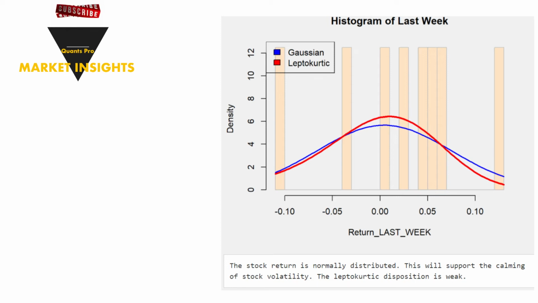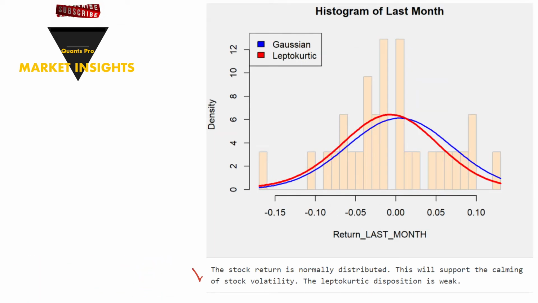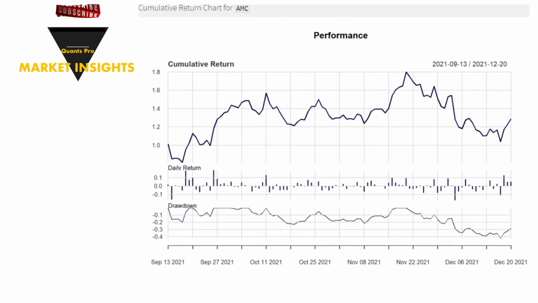If we examine the probability distribution of the return, the stock has performed as shown in the chart over the past week. It can be said that the returns behave more closely to the Gaussian curve. The last month's return distribution also reflects a dominant Gaussian characteristic. The cumulative return graph is invaluable to have a final idea of the return. As can be seen from this chart, the cumulative return shows an upward